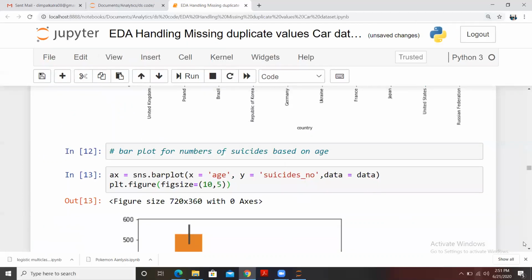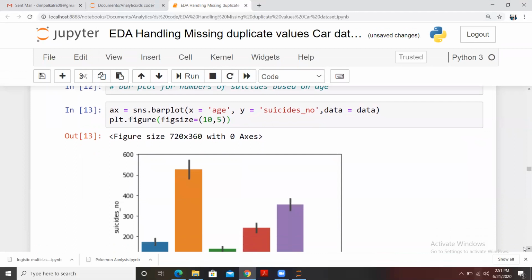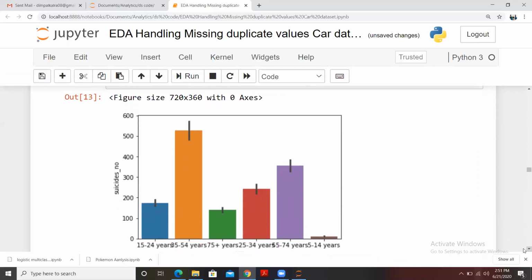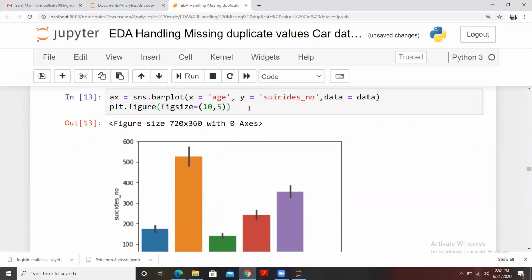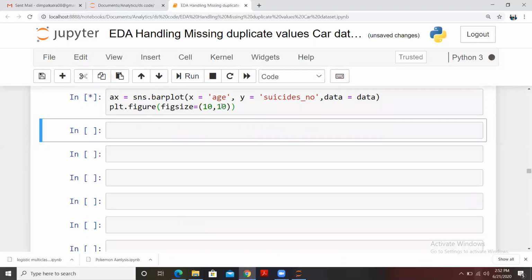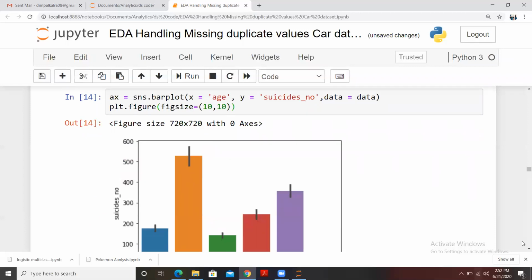Let me zoom my screen so that you can easily understand. So this is the bar plot for the number of suicides based on age. Let me increase the size of this graph, 10 by 10, so that you can understand.